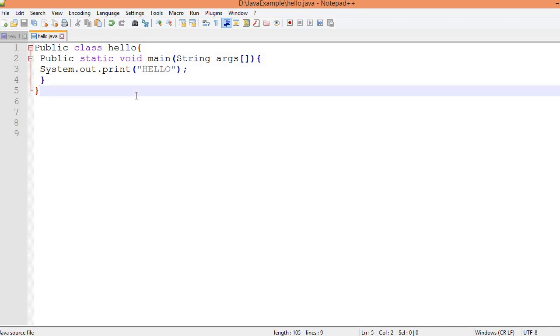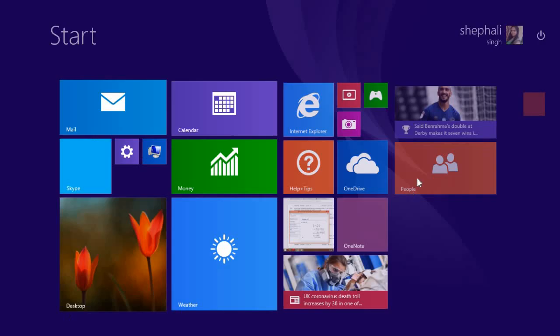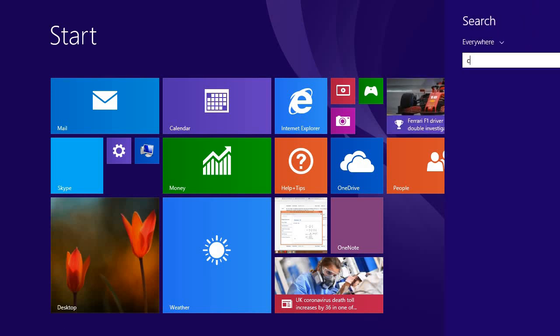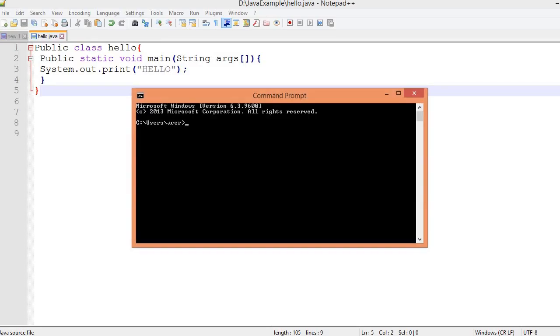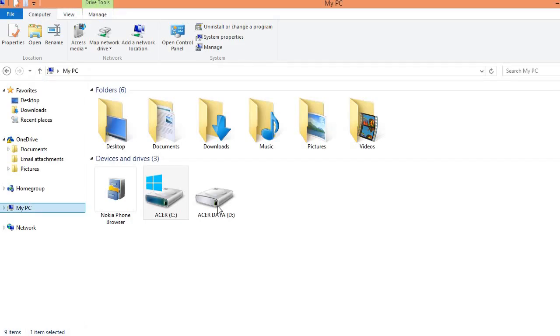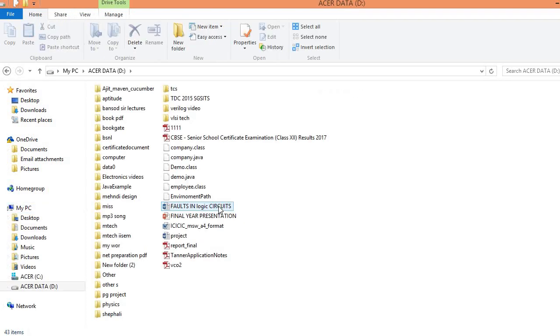Now next step is to run the program. For it we have to open the command prompt, then go to search and search for cmd. From here you need to change the directory path, or you can do one thing. I will close this and go where I have saved my program.